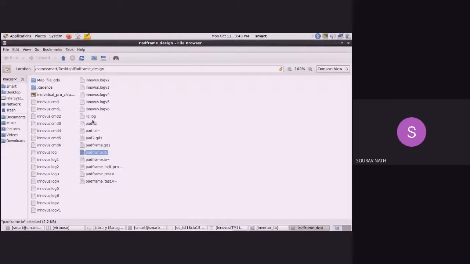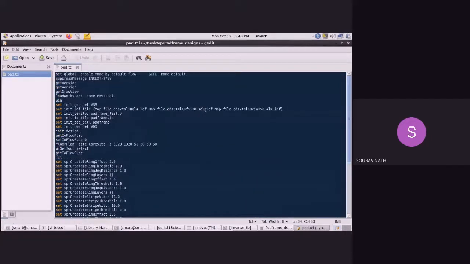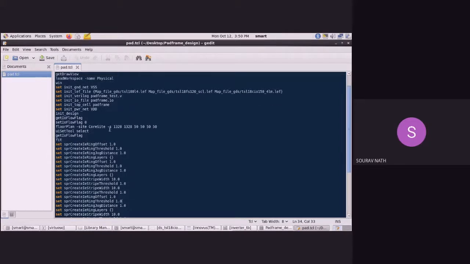Another thing, I have made a Tcl file. Here, this is Innovus's Tcl file. Here I have given the LEF files, the library exchange format files of the IO pad, along with the technology files and the corresponding Verilog netlist file that I have shown. I have the pad frame .io file and top cell name pad frame, and this is the dimension in floorplan. I have given the dimension 1328 micron, because SCL gives a minimum die size of 2 mm